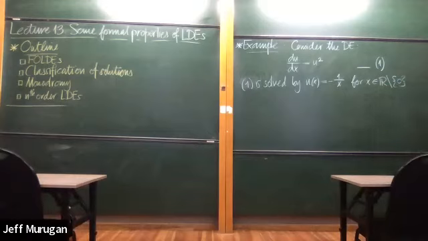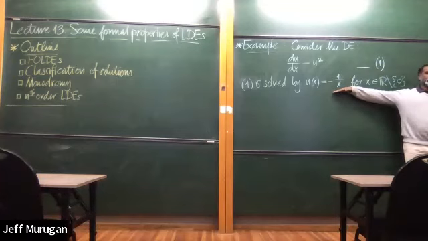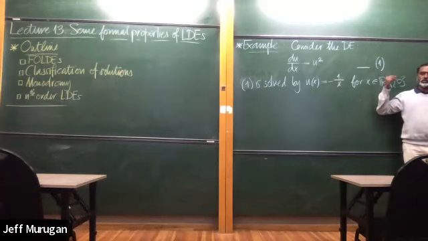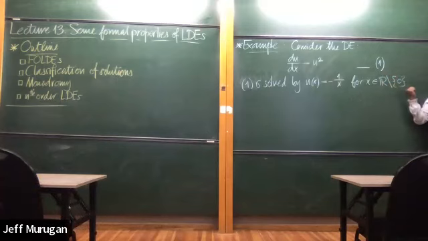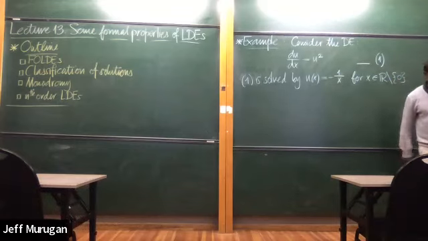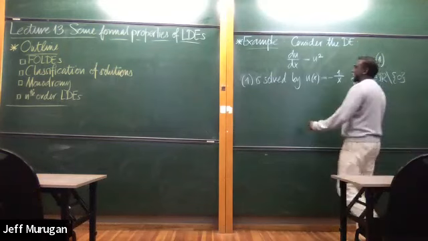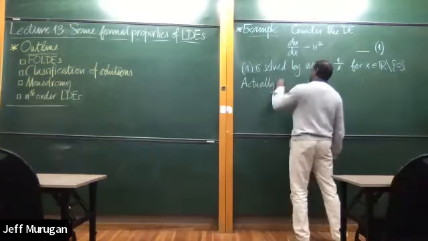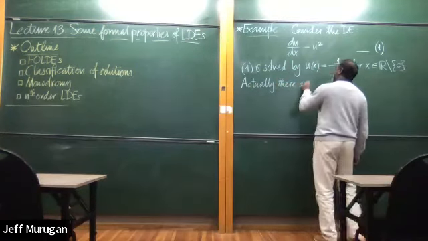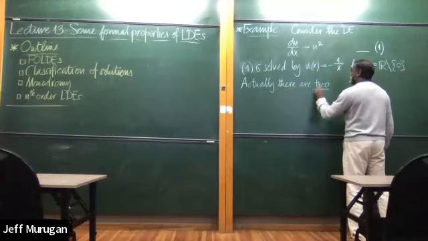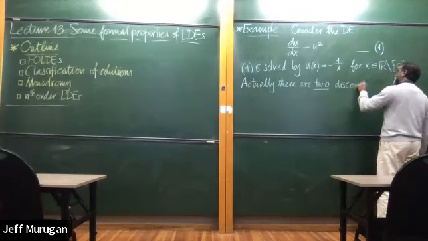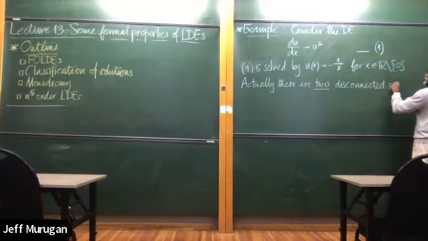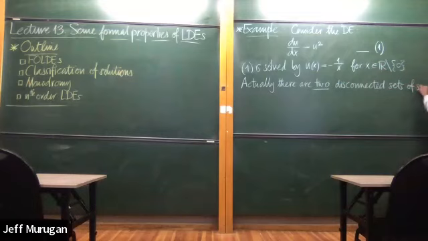Well, technically, there's actually two solutions here. Because when x is less than 0, I have one solution. And when x is greater than 0, I have another solution. Because x equals 0 is excluded from the solution set, I have two sets of solutions. So actually, there are two disconnected sets of solutions